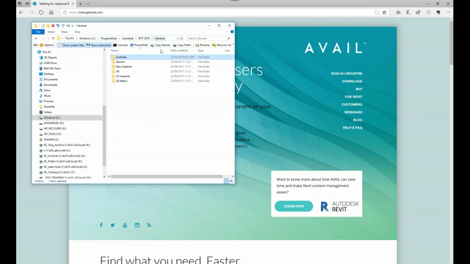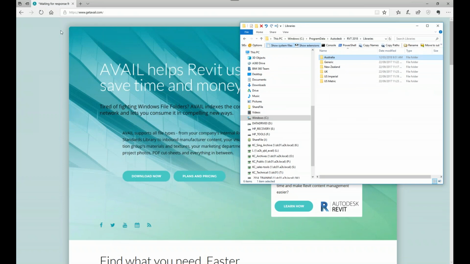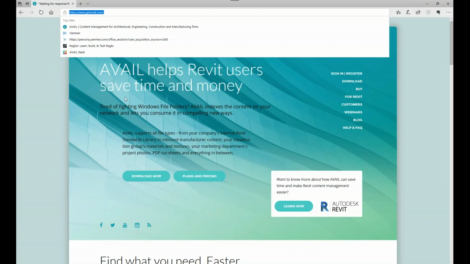So we haven't really seen any great advancements in the way that we can manage our files through Windows or any of the other operating systems, really. So what AVAIL does is it looks at a new way to do that, and I'll get into that shortly. But if you want to get more information about AVAIL, the website's